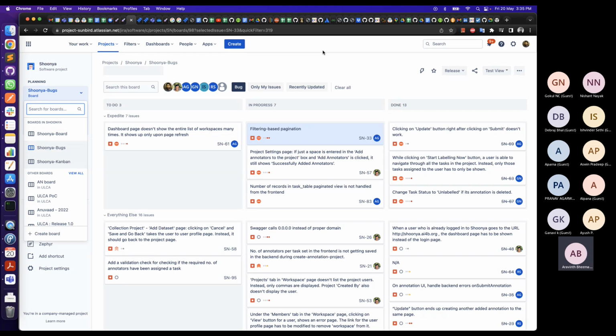Then we will create the tasks or stories. For example, for Shoonya, our sprint cycle is 1 week. So we pick up the tasks that we can make sure are completed for that data analytics epic, and then we tag them to it.